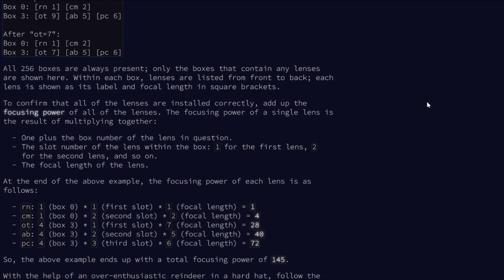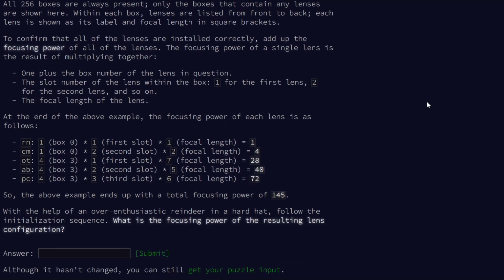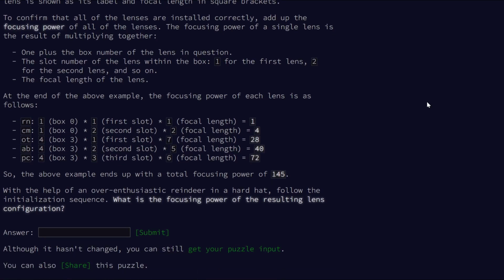Add up the focusing power of all the lenses. The focusing power of a single lens is 1 plus the box number of the lens in question, multiplied by the slot number of the lens in the box, multiplied by the focal length of the lens. Sure. So each box we can compute the focal length of independently, and then we can add the results together for each box. Okay, I mean, a nuisance, but...